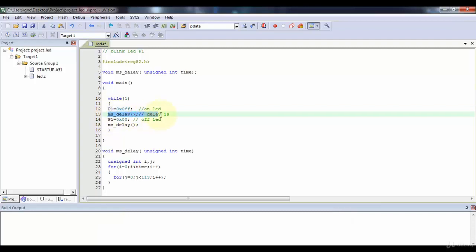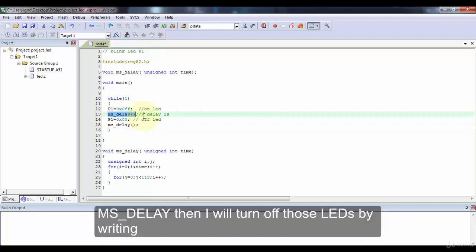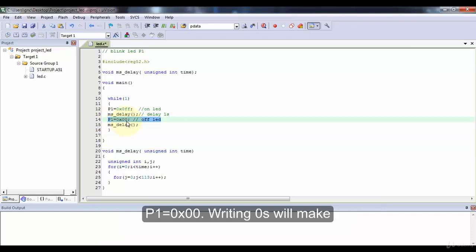Then since it's a blinking operation, it should remain on for some delay. So I'm putting a delay by writing this function, ms_delay. Then I will turn off those LEDs by writing P1 equals 0x00.